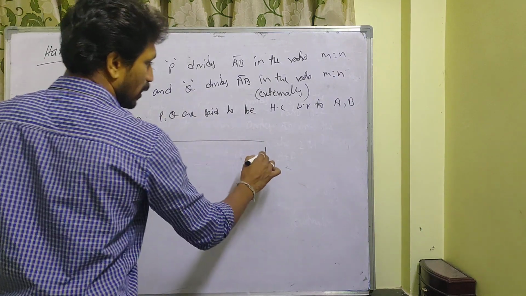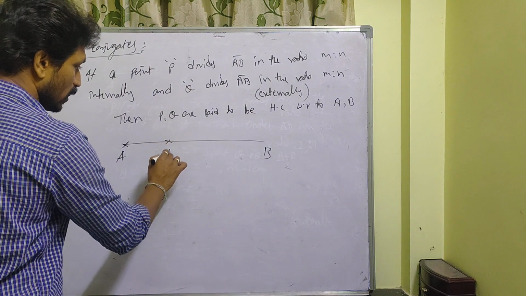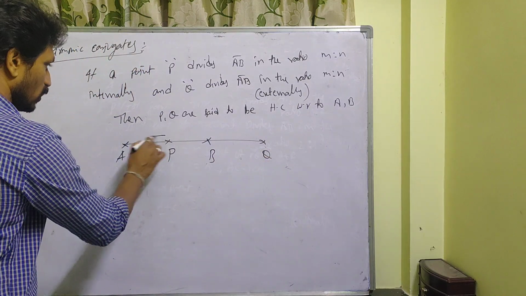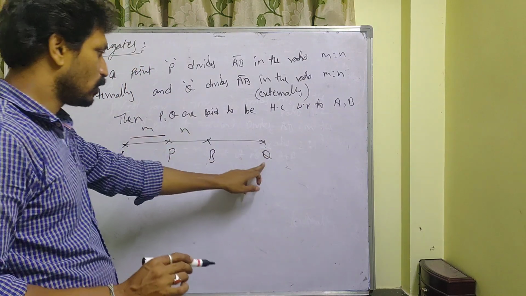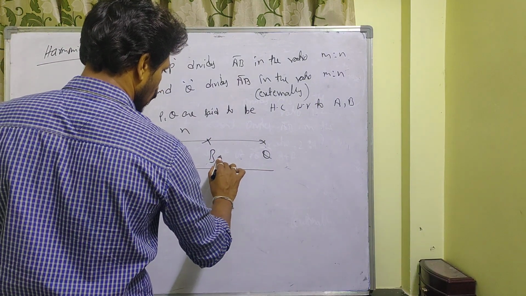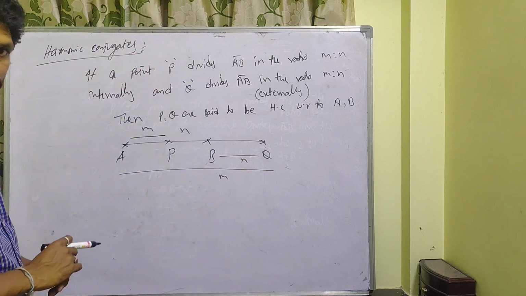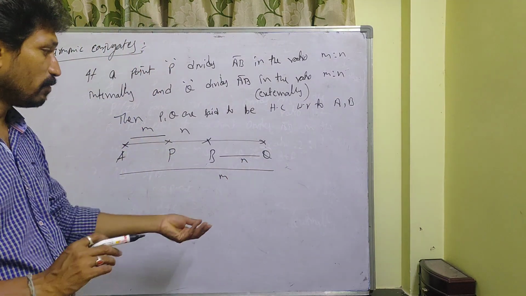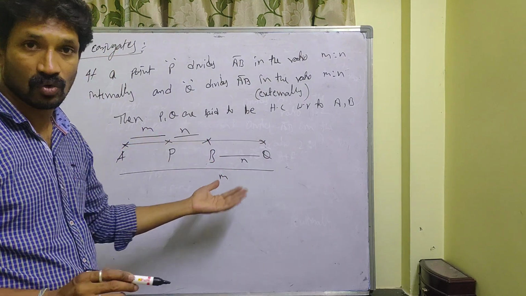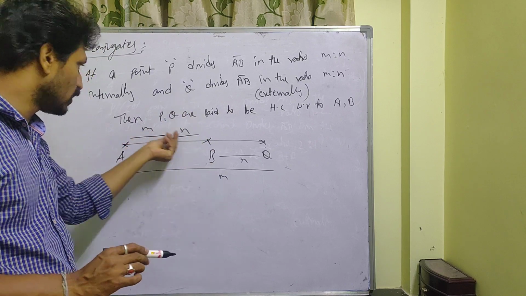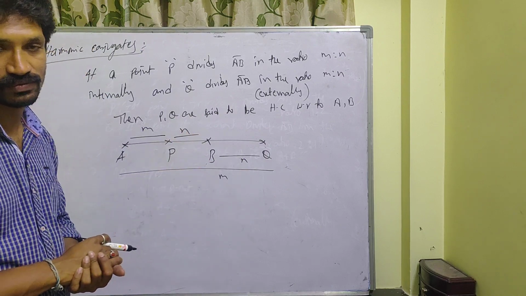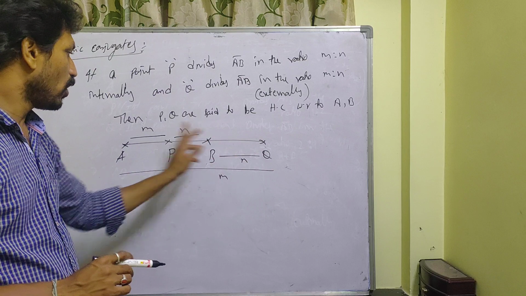This is the line segment AB, and if this is the point P, and this is Q. So this is m is to n. Same, Q divides AB in the same ratio m is to n. So this is m, this is n. What does m is to n mean? Here also m is to n, here also m is to n. No, ratios. So if it is m is to n, it will be some km is to kn, so k gets cancelled, again m is to n only you will get. So this is the external point, this is the internal point.